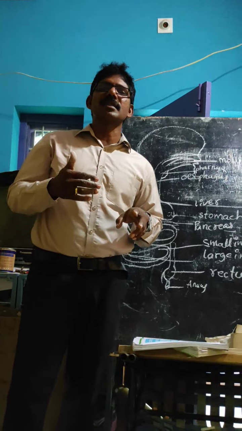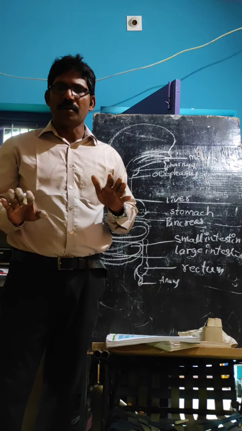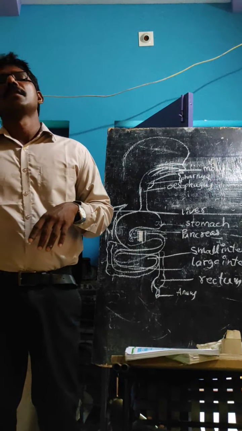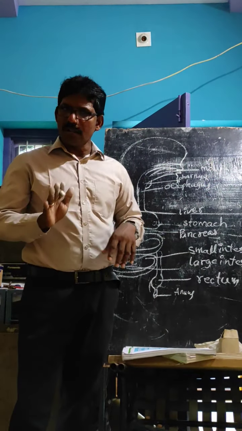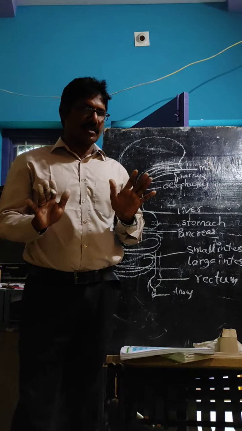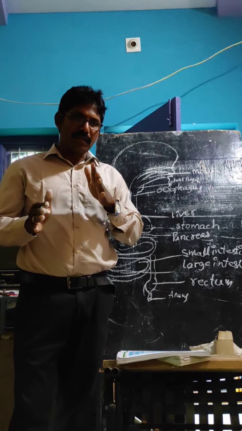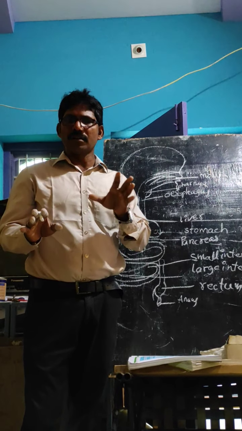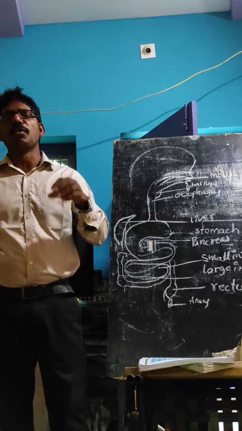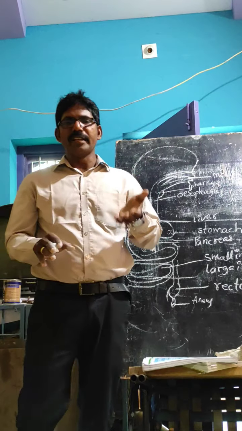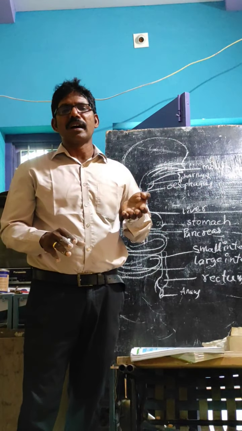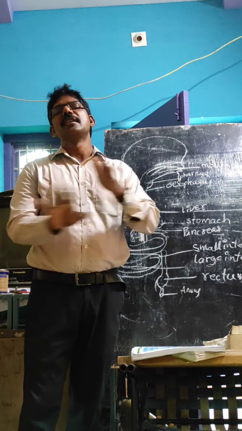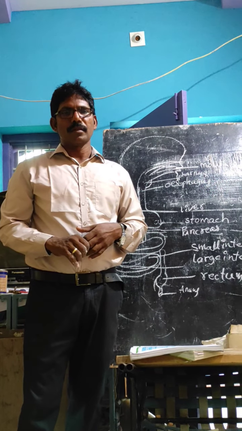In the small intestine, the total digestion process is completed because of various enzymes, and finally it passes to the large intestine. In the large intestine there is no further digestion actually. Our digestion is completed in the small intestine only, but in the large intestine, any excess water in the undigested food material is reabsorbed, and the rest passes out through the anus. Understand or not?